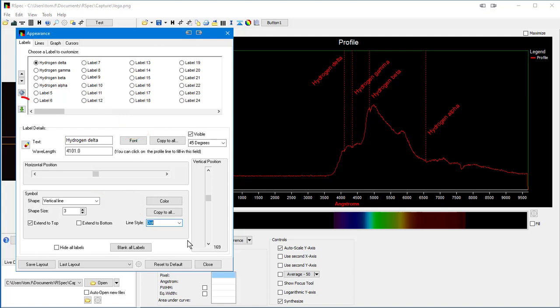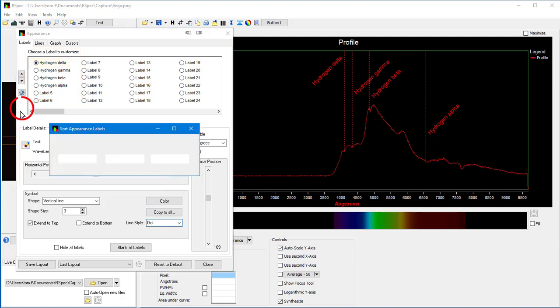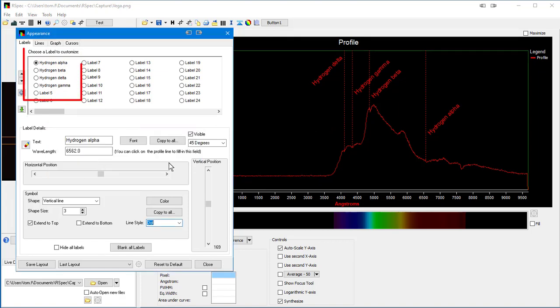This screen also has a new button to sort these labels. You can sort by the text of the label or its wavelength. Here, for example, the labels are already sorted by wavelength, with the smallest wavelength, hydrogen delta, first. When I click on the button, I can sort by the text of the label, and now the labels are sorted by this label text, so hydrogen alpha is first. When you have a lot of labels, this is a nice feature to help organize them and make them easier